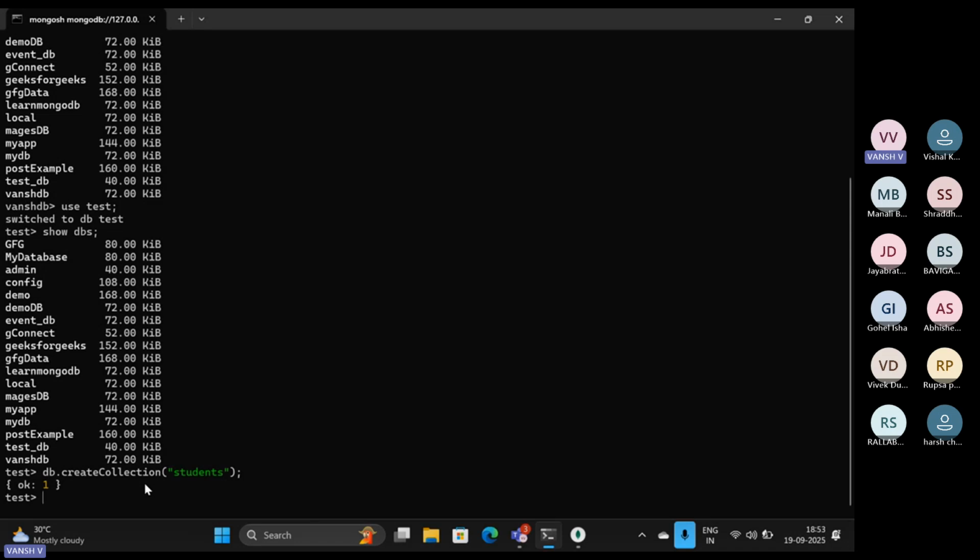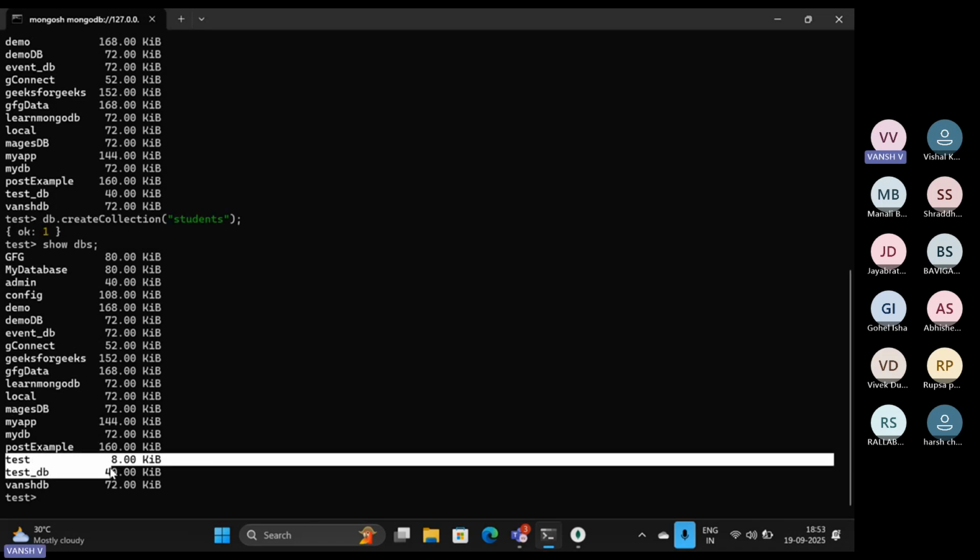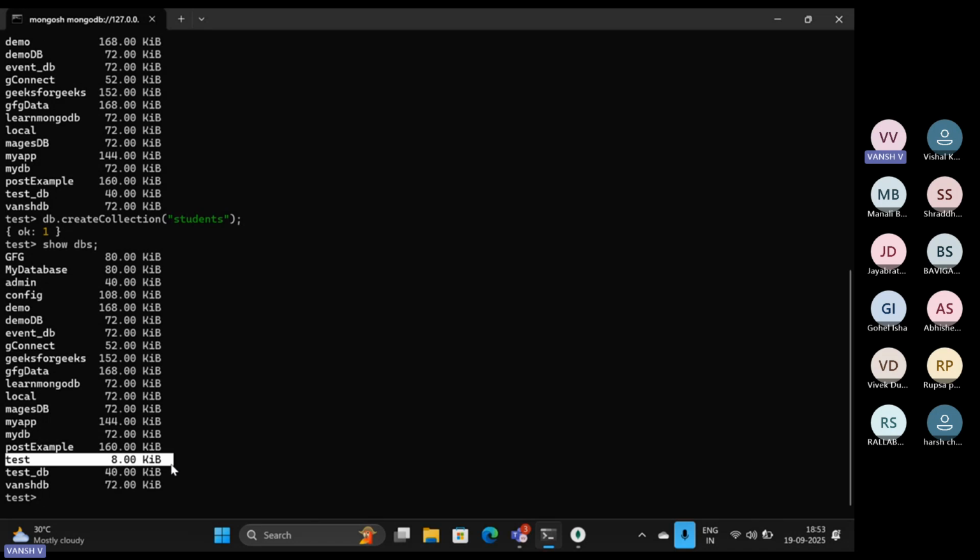Okay, and then the test will be listed down here also. So if I do show DBS, now you can see the test is here. Okay, why is test here now? Because you have created a collection inside it. And in MongoDB, if there is no data collection in a database, then it will not be listed and not shown to the user. Okay, so that's why